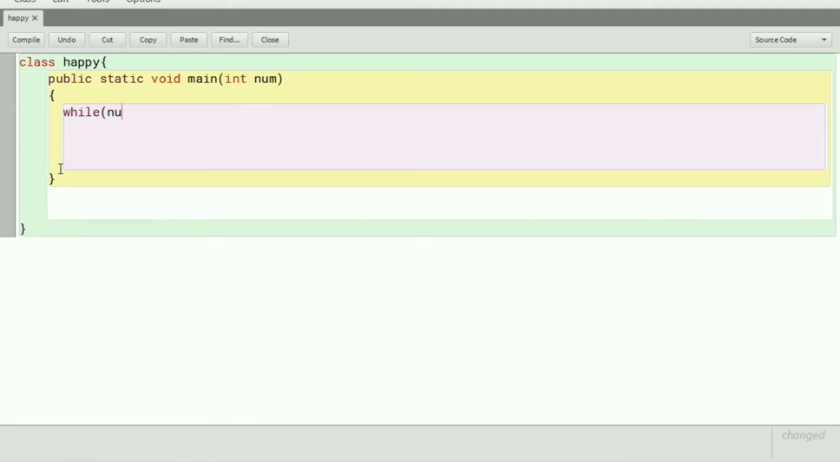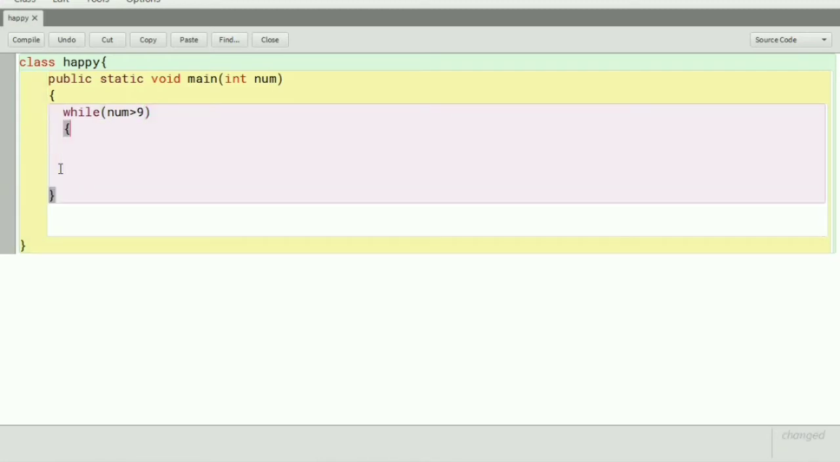So for that I'm using the condition: number is greater than 9, which means it's not a single digit. Then what you have to do is find the sum of the digits. So how to do the sum of the digits? I'm using one more function. If you give the number, it will give the sum of the digits. So I'm calling the function sum and passing this number. It will find the sum of the digits and give the answer, which I'm storing in one variable,